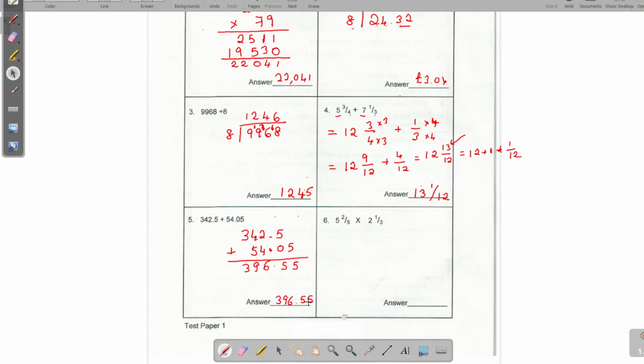This multiplication, let's make it an improper fraction. So you times and add. You times and add. 5 times 5 is 25 plus 2 is 27. 27 over 5 times 3 times 2 is 6 plus 1 is 7. 7 over 3. So that will give you